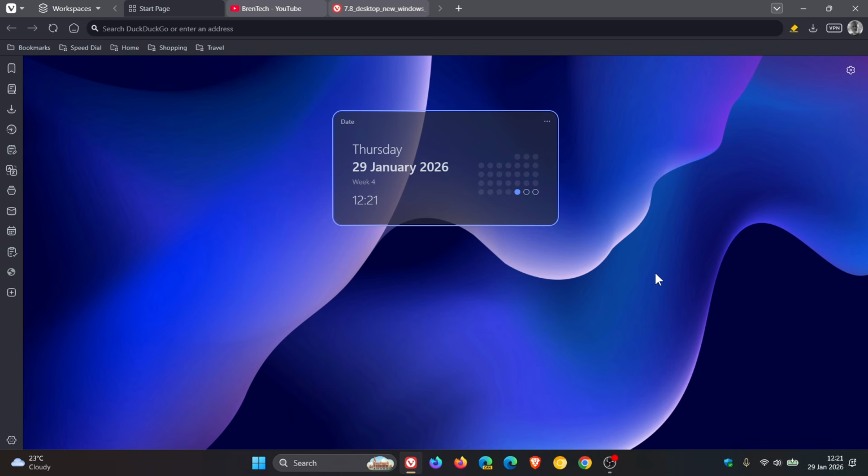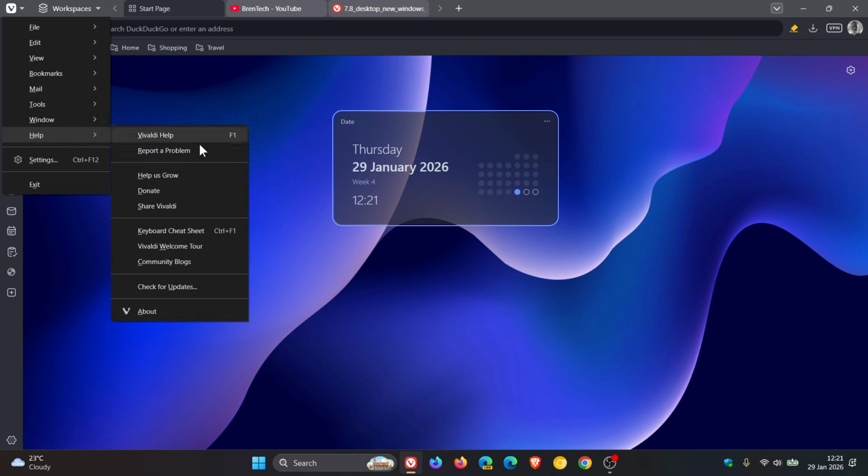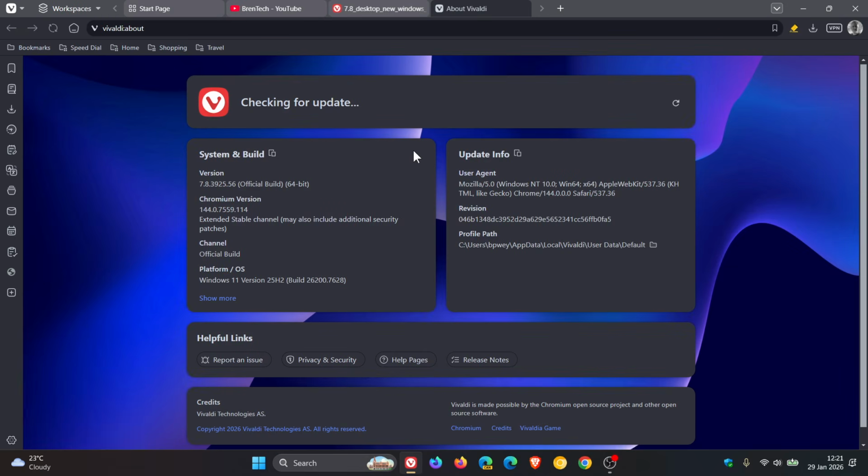So Vivaldi version 7.8 has just rolled out a short while ago today on the 29th of January. So to double check, we have this latest update. We head to our menu, Help, About, and this process will force the update if it hasn't done so already. So the latest version in bold is